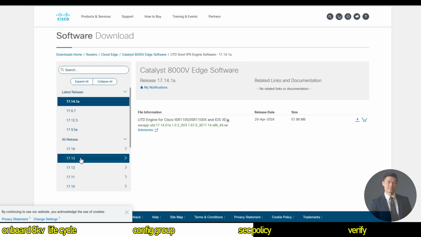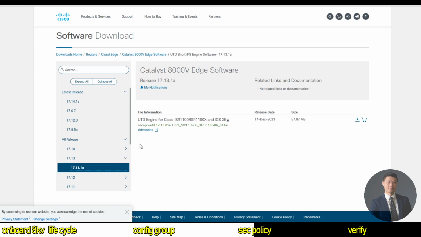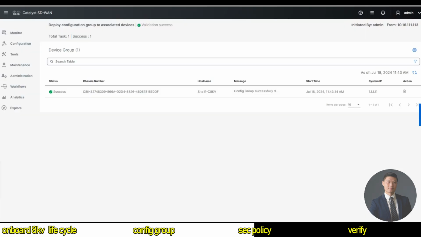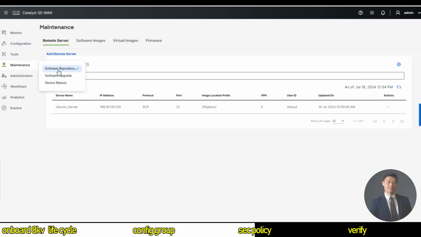We'll navigate to 17.13.1a, and this is the image we're going to download. Once it downloads, we'll go to maintenance, software repository,